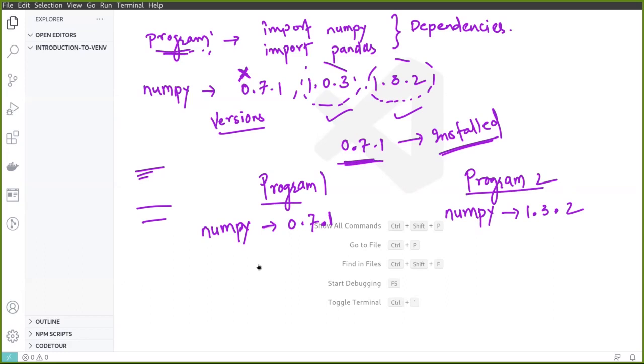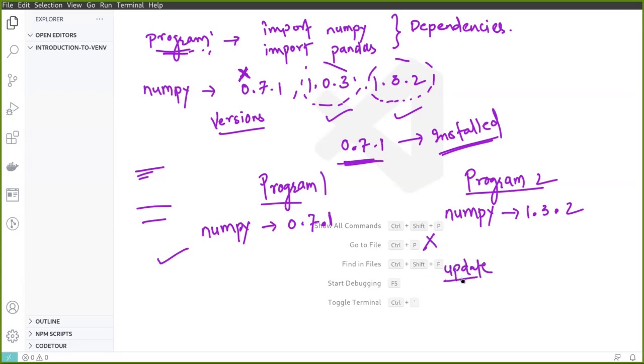Now, initially, when you start to execute program 1, it should work fine, because you have the necessary version installed. But in the case of program 2, you do not have the necessary version. So initially it will not work, then you update the version.